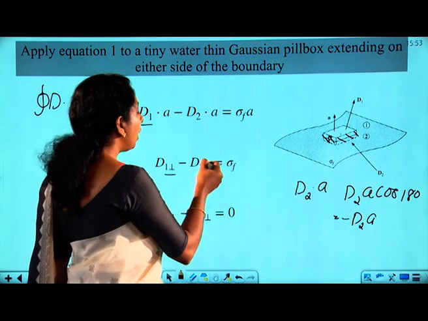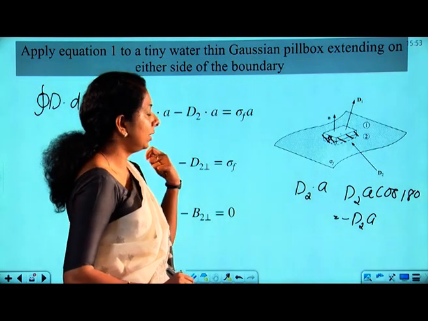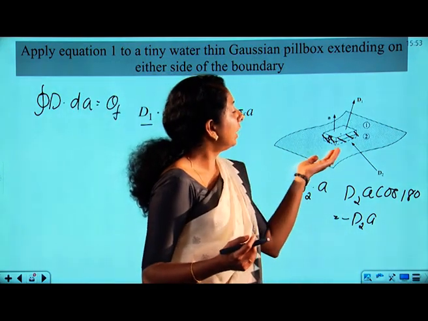So, d1 perpendicular minus d2 perpendicular is equal to sigma, the free charge density, or whatever be the charge density